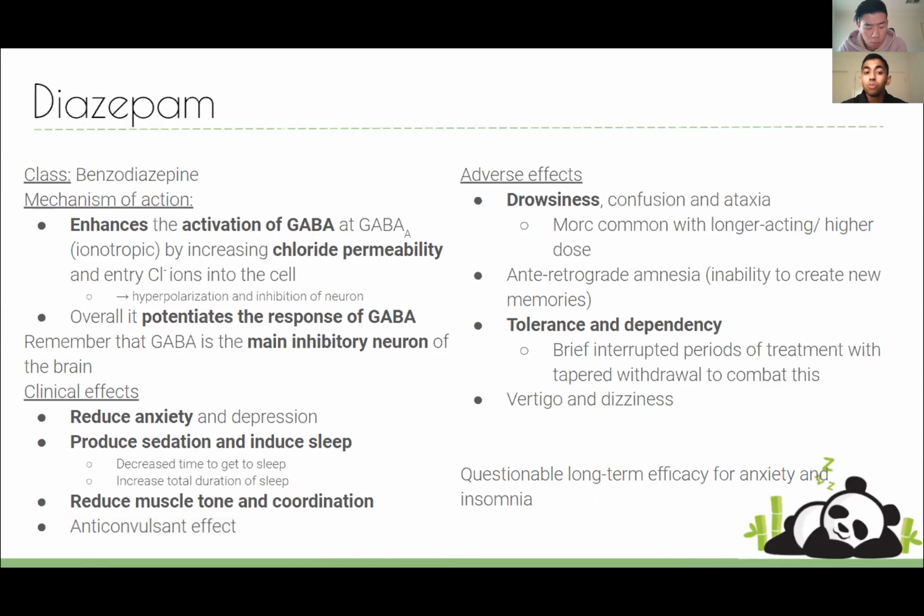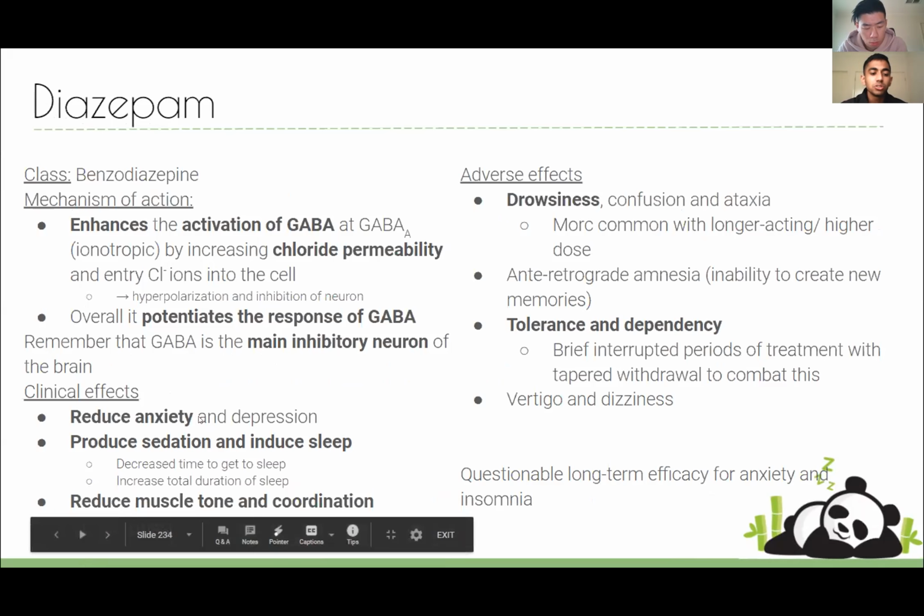As we were talking about before, they enhance our GABA activation. They increase our inhibition and potentiate GABA. So they're going to have more inhibition. Clinical effects, they're going to reduce our anxiety. They can produce sedation and sleep as well as that, and reduce our muscle tone as well. And they can also be used in epilepsy, as I was talking about before,